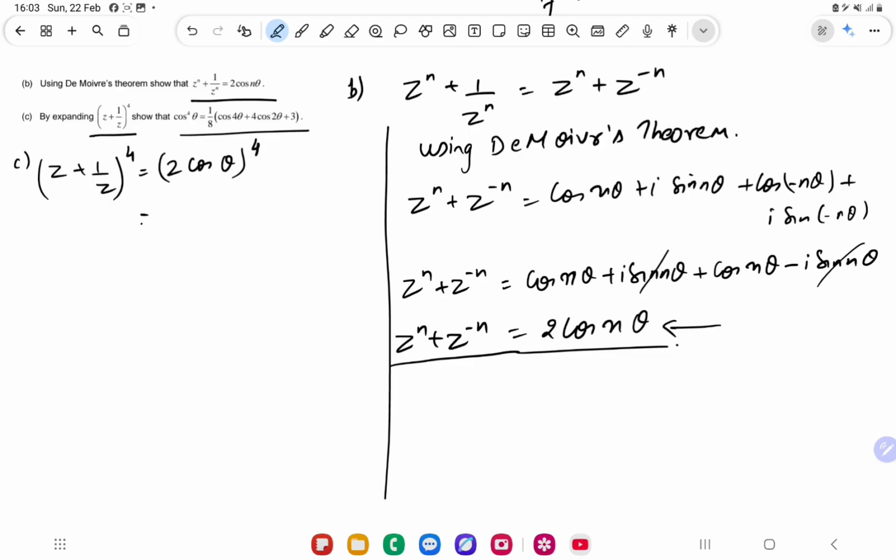Now since it is this, I can write 2 to the power 4 as 16 cos to the power 4 theta. Now if I expand z plus 1 upon z to the power 4, you can use binomial expansion,